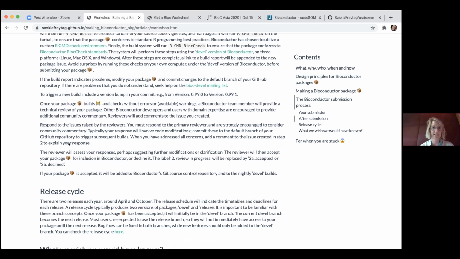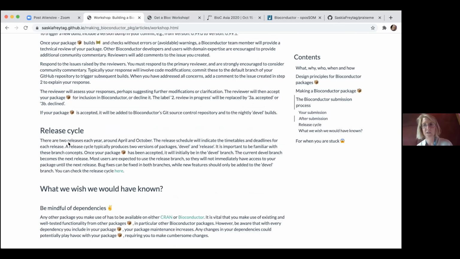Important to know is that Bioconductor works on a release cycle. So there are two submission dates per year that you're working towards. One is typically in April, one is typically in October. When you are developing your package, you should be working on the devel Bioconductor version. So that's where all the new packages are and what will be changed, and not on the release